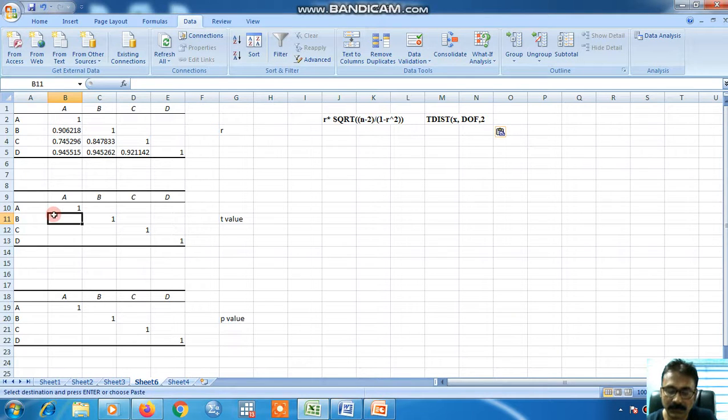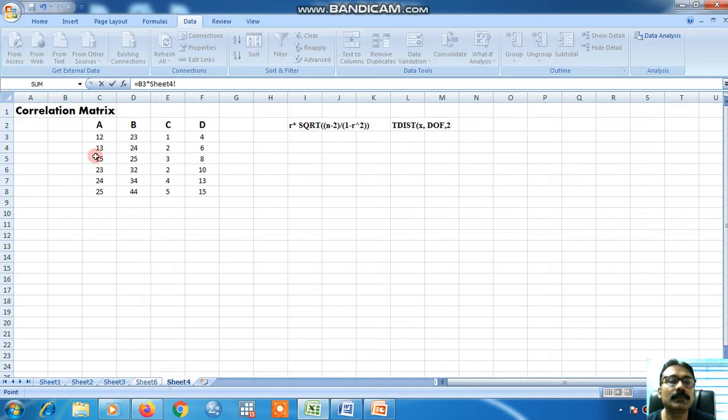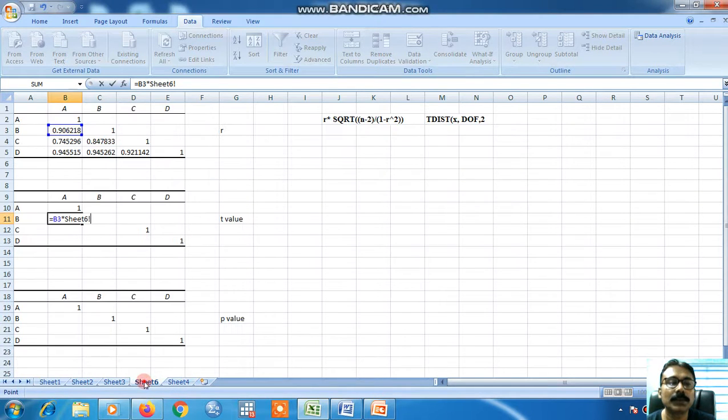Equal to, suppose this value, we are clicking B3. B3 into n minus 2. N is 6, we know n is 6, 1 2 3 4 5 6, therefore 6 minus 2 is 4.